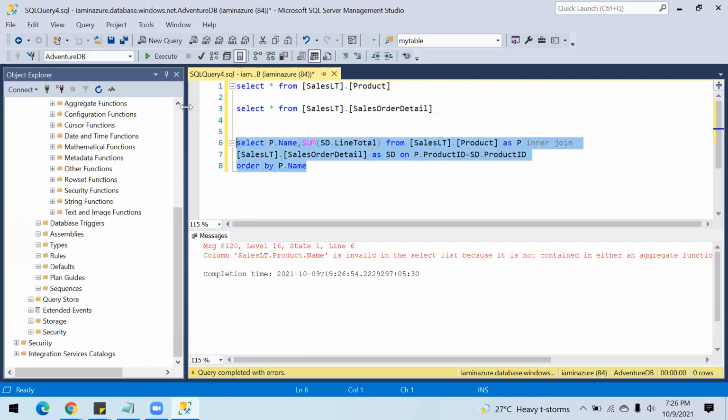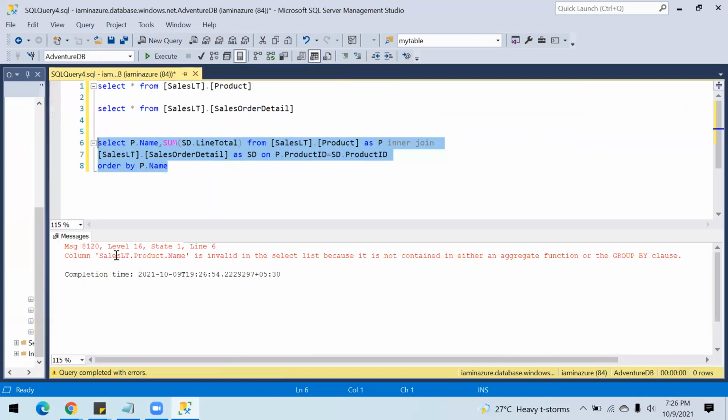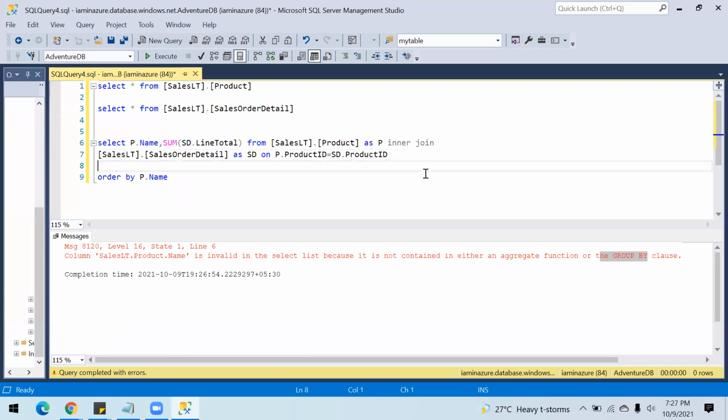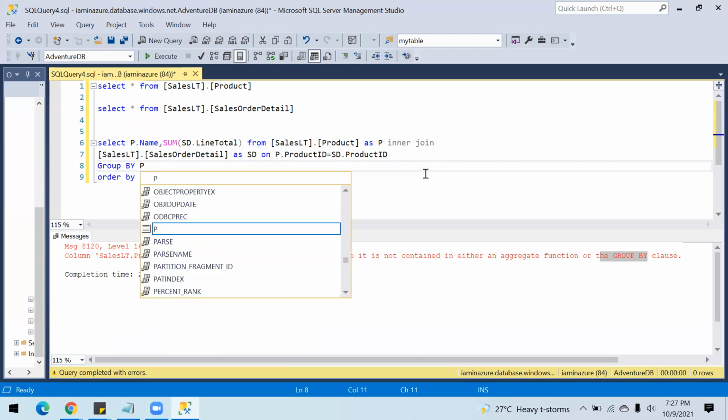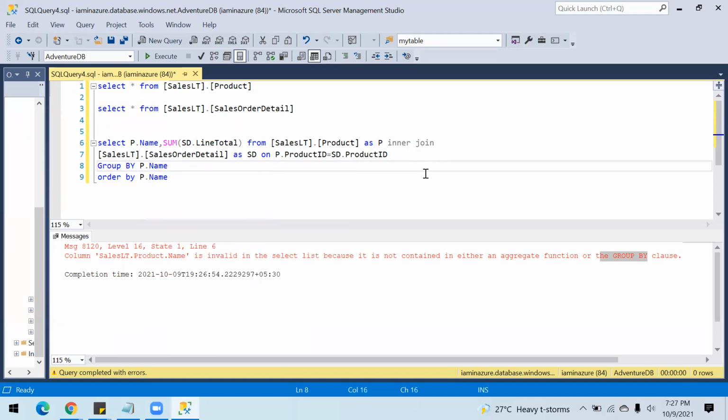If you look at this query now, what it says is your column product name is invalid in the select statement because it is not contained in the aggregate function. It has to be in the aggregate function, or else it needs to be grouped by. So we need to group that, then only we will be able to see each item as a single row.